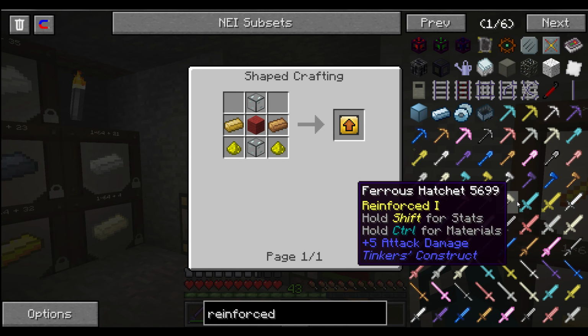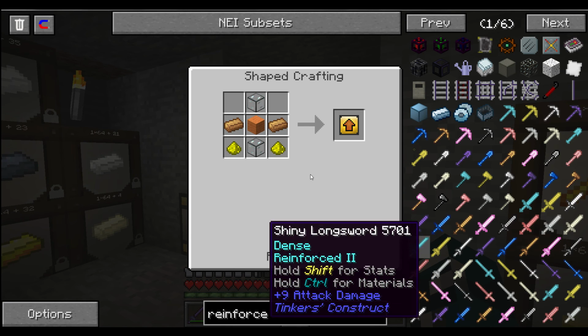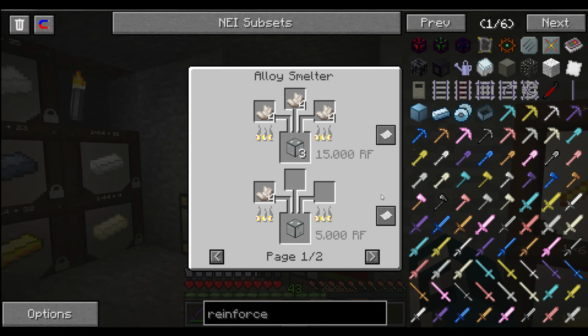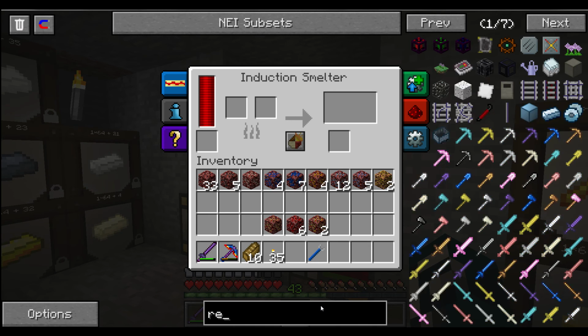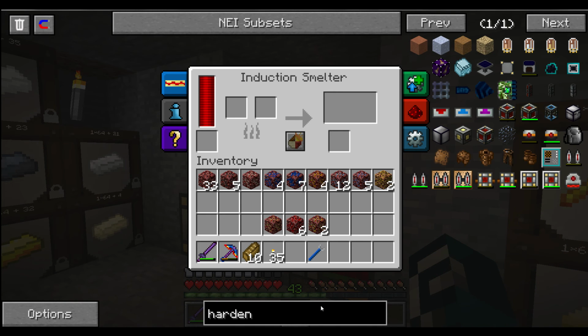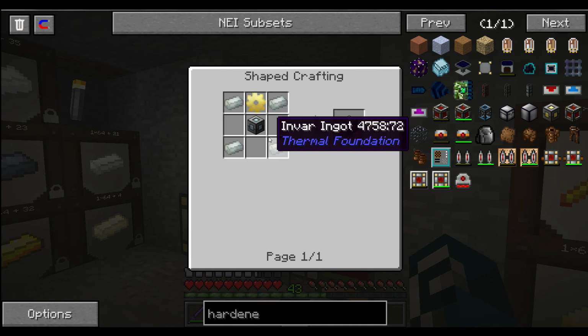Oh, that's all Tinkers. This one. Oh yeah, okay, that's with the signalum. So maybe we will do that later on. So we will go for hardened, which is a little bit easier. Hardened machine, this one. So if you craft any machine of thermal expansion...